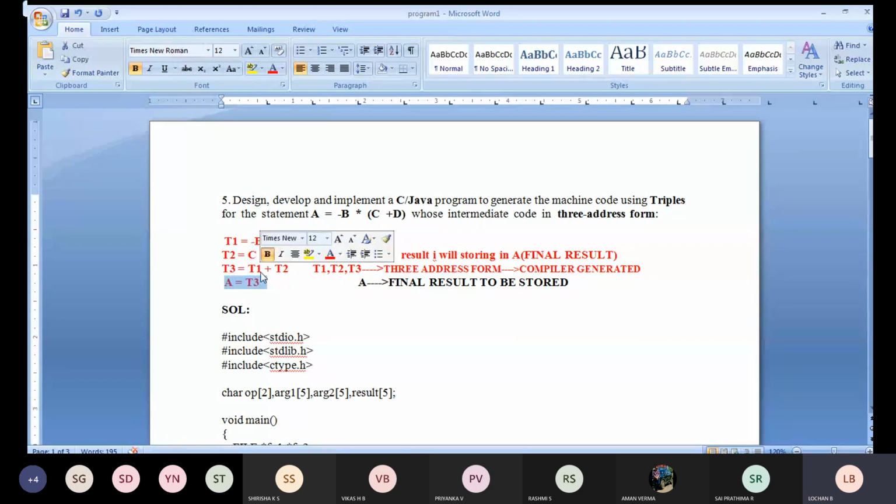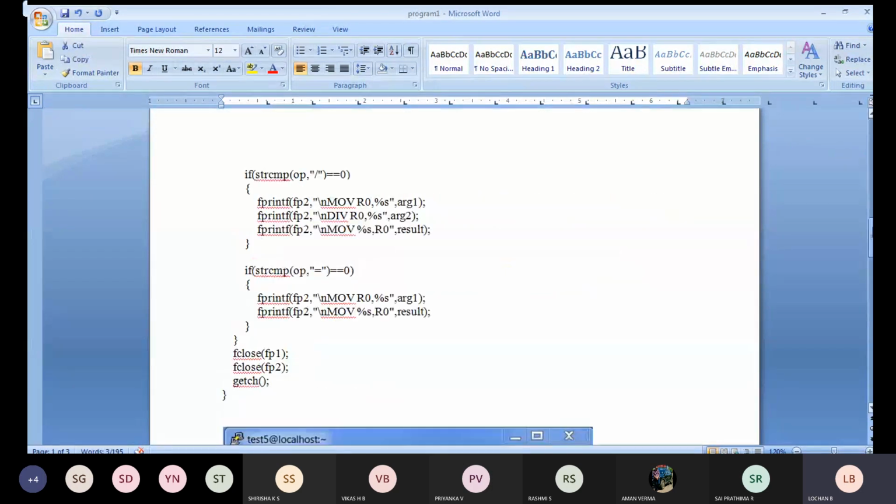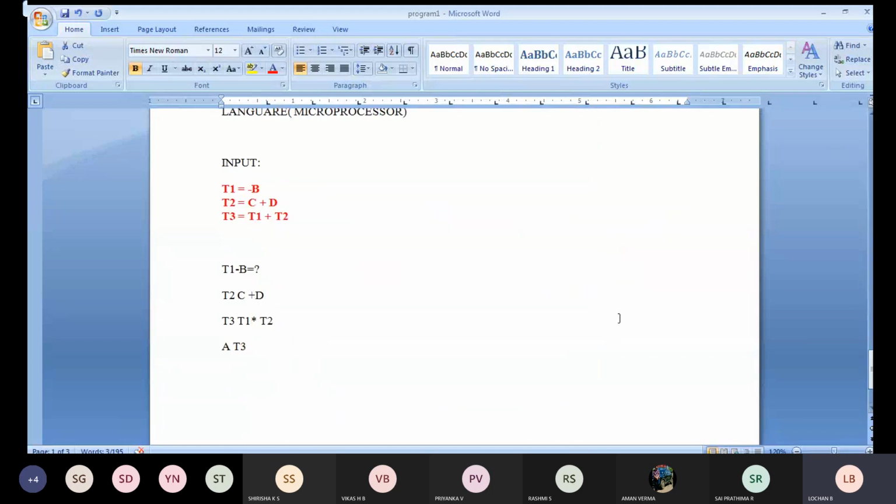One thing I want to tell you: whatever instructions you are going to see here, you are going to get plus, multiplication, all those things. This is multiplication. Finally, the result you need to get is A. In this case, you are going to get the equal symbol. Equal means we are going to get the result, so we will not give priority to the equal symbol. We need to give more priority to the other operators, that is, your plus, or it can be your star.